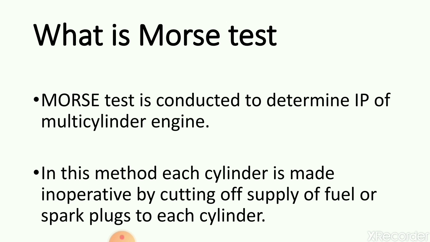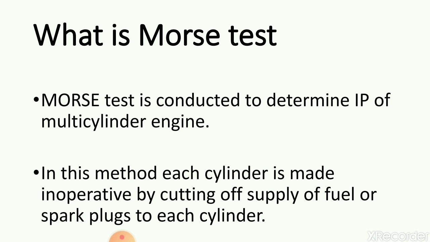That's why there are certain methods. Out of those, here we are going to discuss the Morse test, which is mostly useful for getting the indicated power theoretically. So in this method,